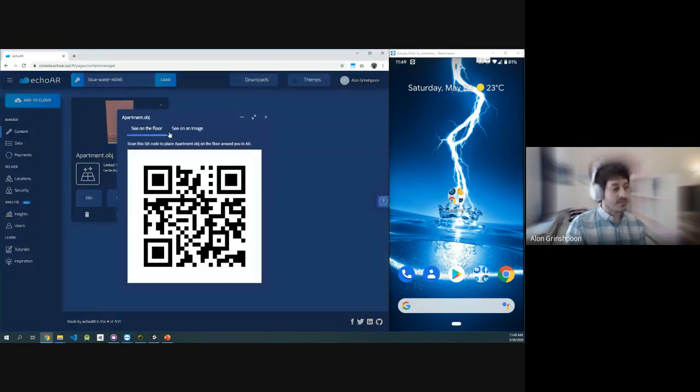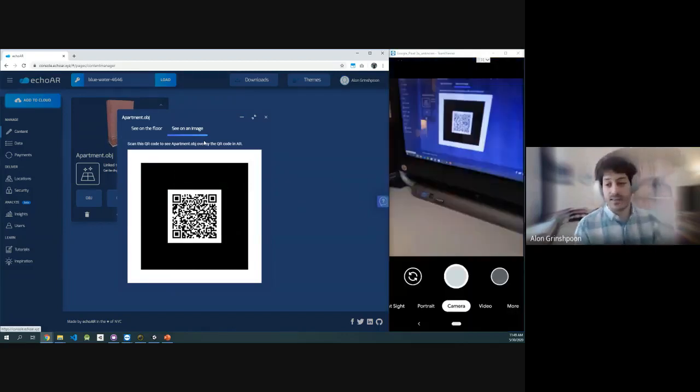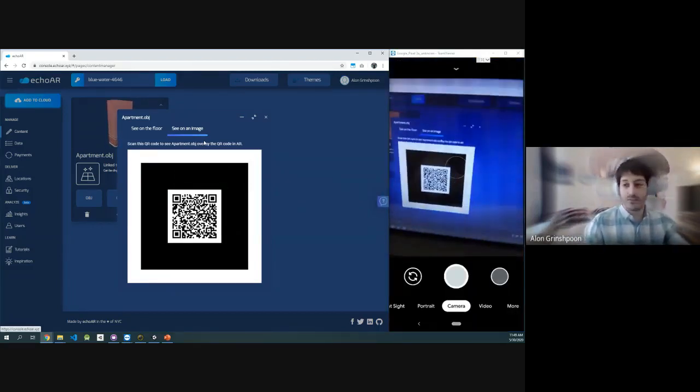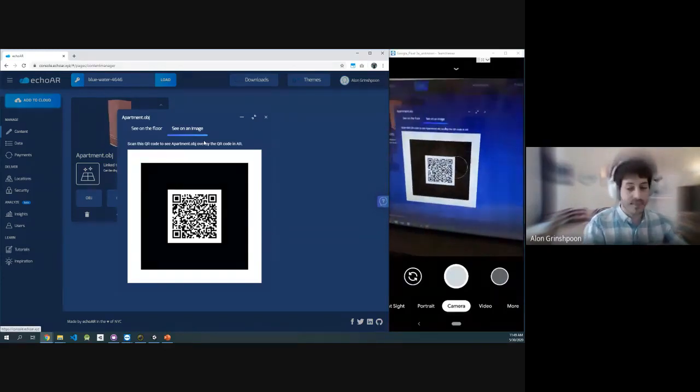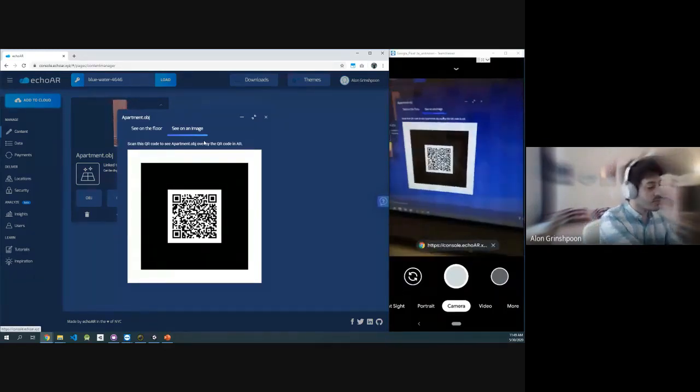So now I'm going to press the same QR code, but instead of see on the floor, I'm going to see on an image. And now I'm going to scan this QR code instead. You can do that the same way with your phone. Try that. If the previous thing didn't work for you, try this example. This different QR code. Again, just put your phone in front of it,